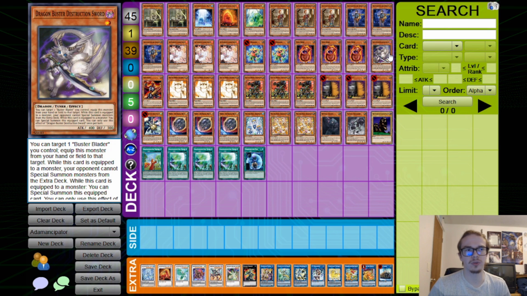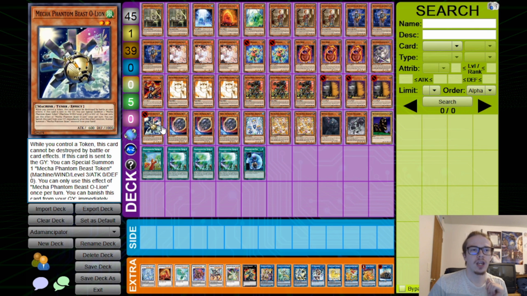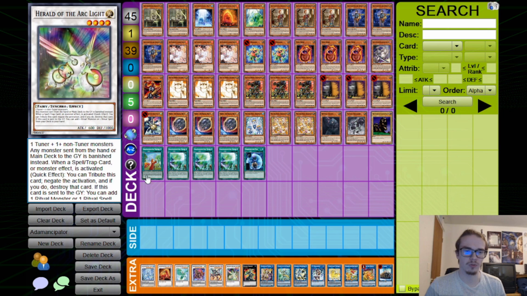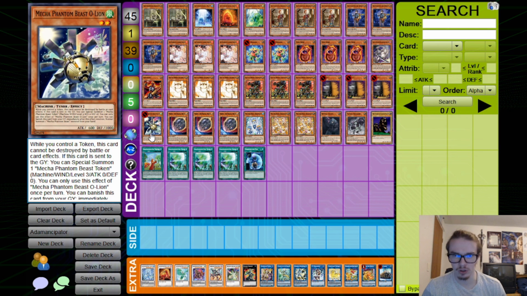Moving on, we are also playing the Buster Lock. If you don't know, if this is equipped to a monster, it locks your opponent out of the extra deck. So, there you go. And then lastly, we are playing Mecha Phantom Beast Olion. This card is the special summon off of Halqifibrax most of the time. So you just special summon out the level 2 tuner, and then you're able to go into your level 6 or your level 8 or whatever it may be, and then you get a token off of that as well,